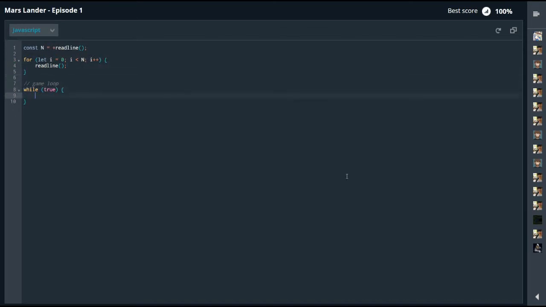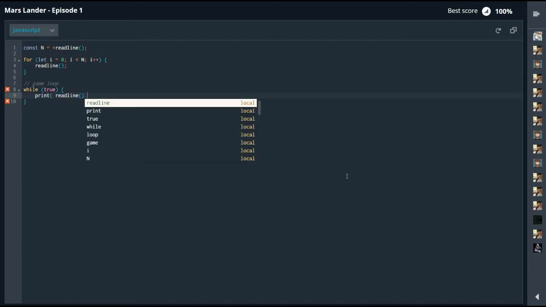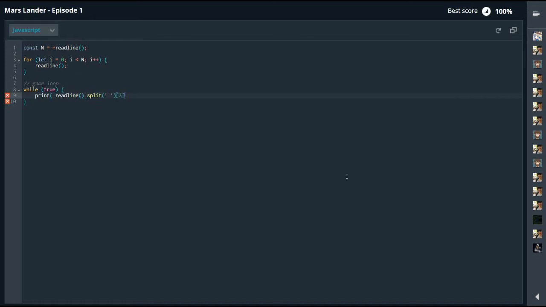And now, let's code a game loop. Read the current parameters. The third one, as you remember, is vertical speed. If it's lower than -39, then accelerate it to 4. Otherwise, turn off the engine completely.